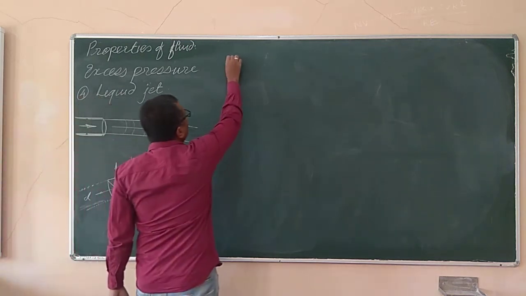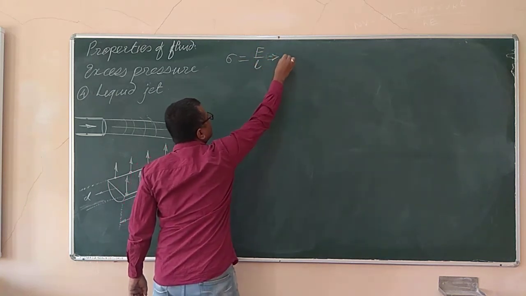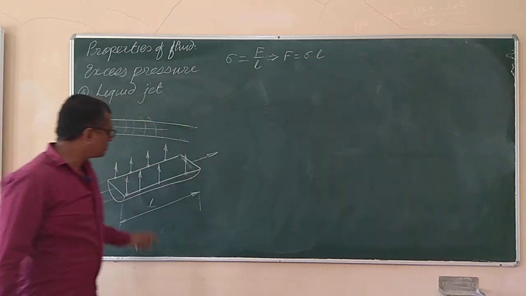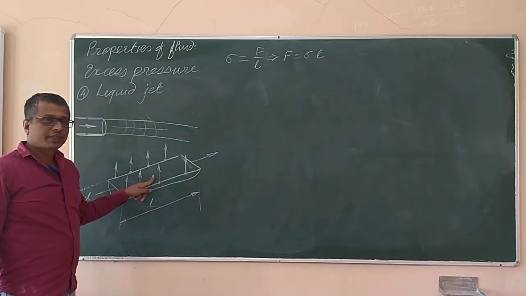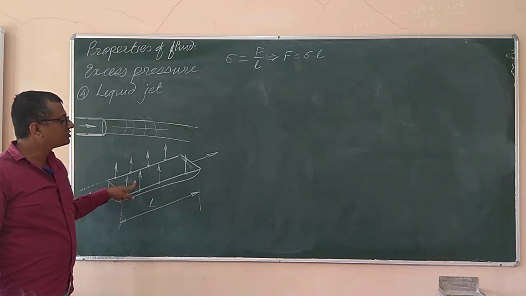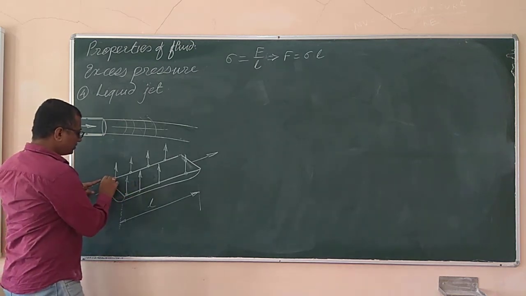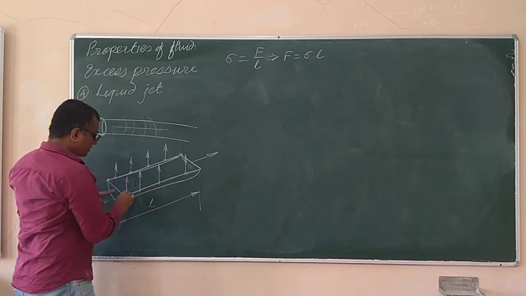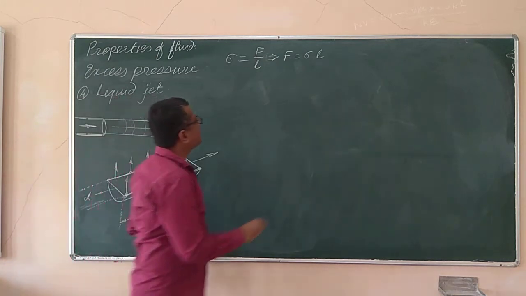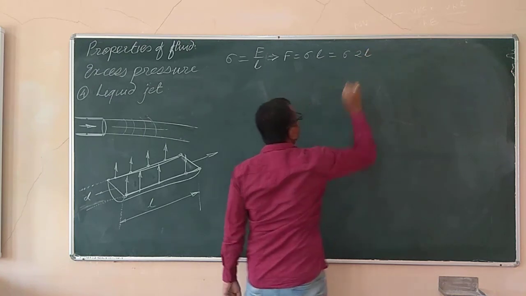Then I would like to go for the formula of surface tension. Sigma is equal to force due to the surface tension per unit length. Hence from this I can write down force due to the surface tension is equal to sigma into L. Now sigma is the surface tension of this liquid jet, where length L is the effective length on which the force due to the surface tension is acting, and that length is, here is one length on which the force due to the surface tension is acting, here is another length on which the force due to the surface tension is acting, and that length is L plus L, that will be equal to 2L. So this is sigma into twice of L, that will be the force.